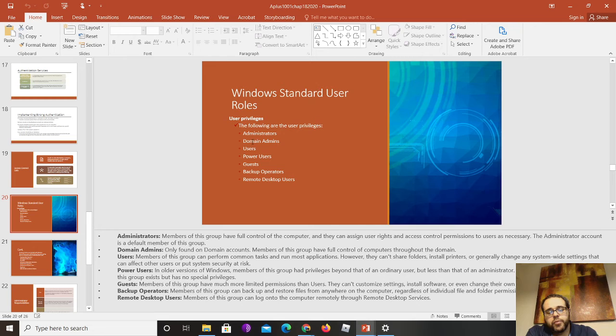And then you have the remote desktop users, which are users that can actually remote into that specific machine. They may be able to remote in, but that doesn't mean that they can do whatever they want. If they are members of users and members of remote desktop users, they cannot do any administrative function. They can only do what the users can do.